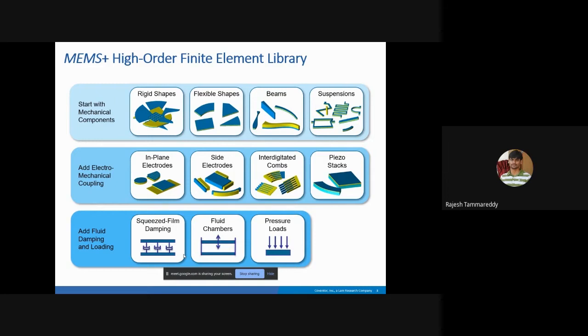In the second level, if you see here, there are electrodes, side caps, combs, and other things, right? These you can add under the first level components, so that you can create an electrode or capacitance between the first and second level components. You can also create different combs or anything. Basically, you are getting all the outputs from the design from the second level components.